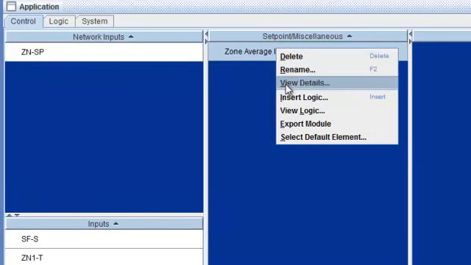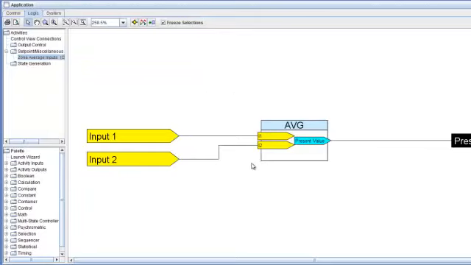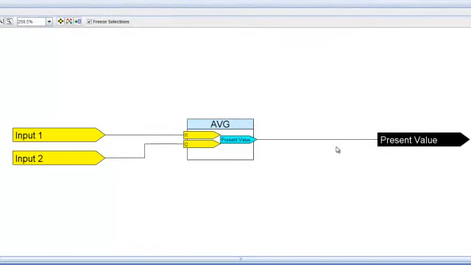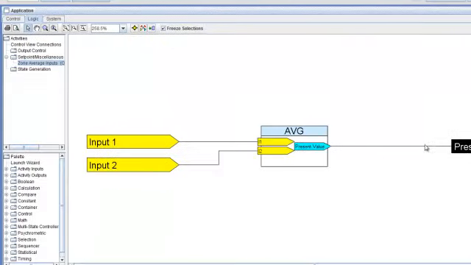But to do that, we're going to right mouse and choose View Logic, and we'll see it's there. There's my inputs, there's my outputs. I want you to notice that the output, present value, is black right now. That's because it is the default element, and it's what's going to display up in the control view in commissioning or in simulation. This average input currently has 2 inputs,